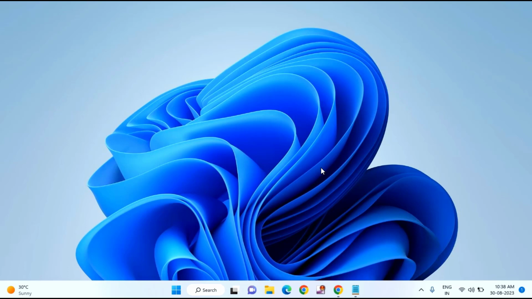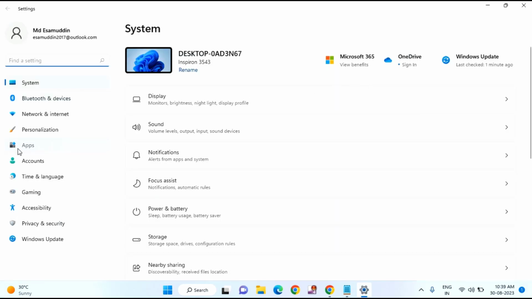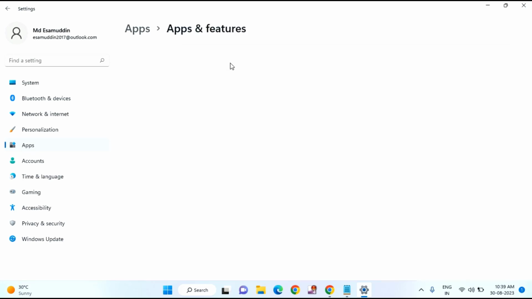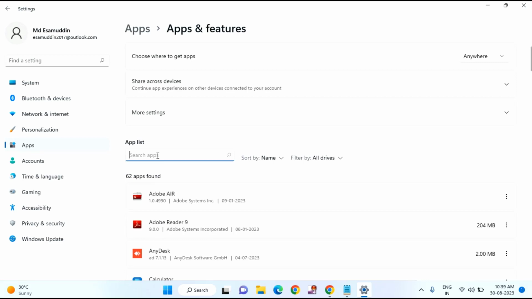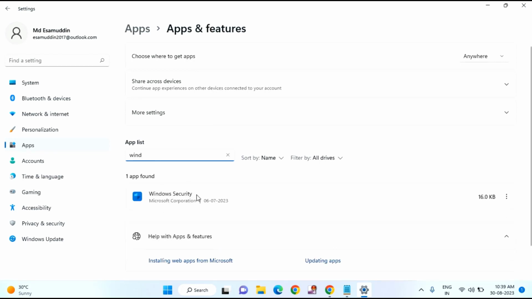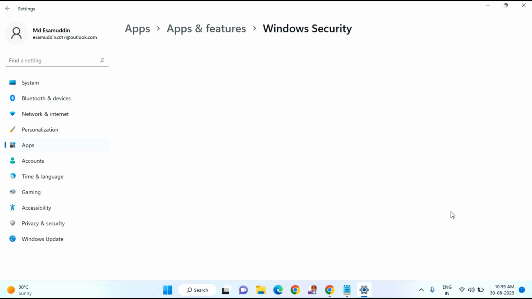Guys, if you want to reinstall Windows Security or Windows Defender on your Windows 10 and Windows 11, then I will show you how to do this. First of all, you just need to click on Start menu, then click on Settings, click on Apps, click on Apps and Features. In this you can see here app list, then type here Windows Security. You can see here Windows Security. Just click on this three dot, click on Advanced option,